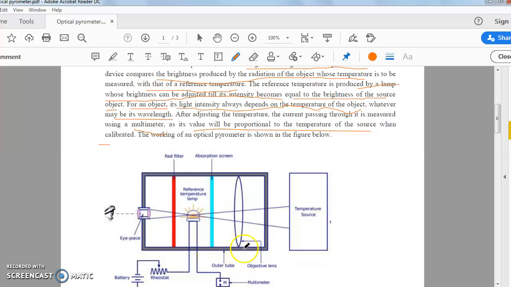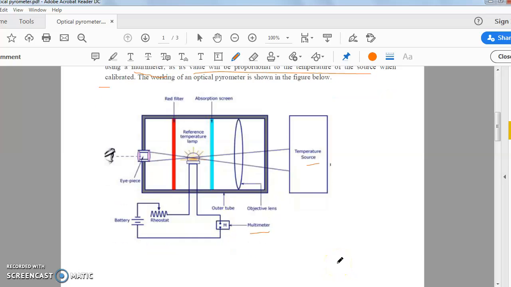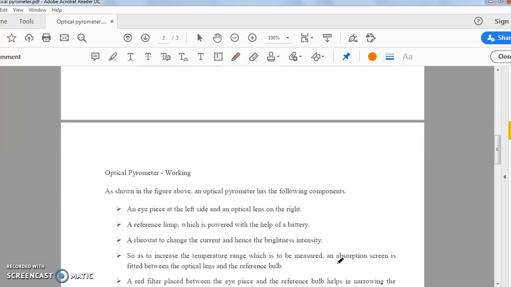This is the outer tube. Here you see the battery connected via a rheostat. Here is the multimeter, which is used to measure the current corresponding to the temperature. Here is the temperature source, the object for which the temperature will be measured.